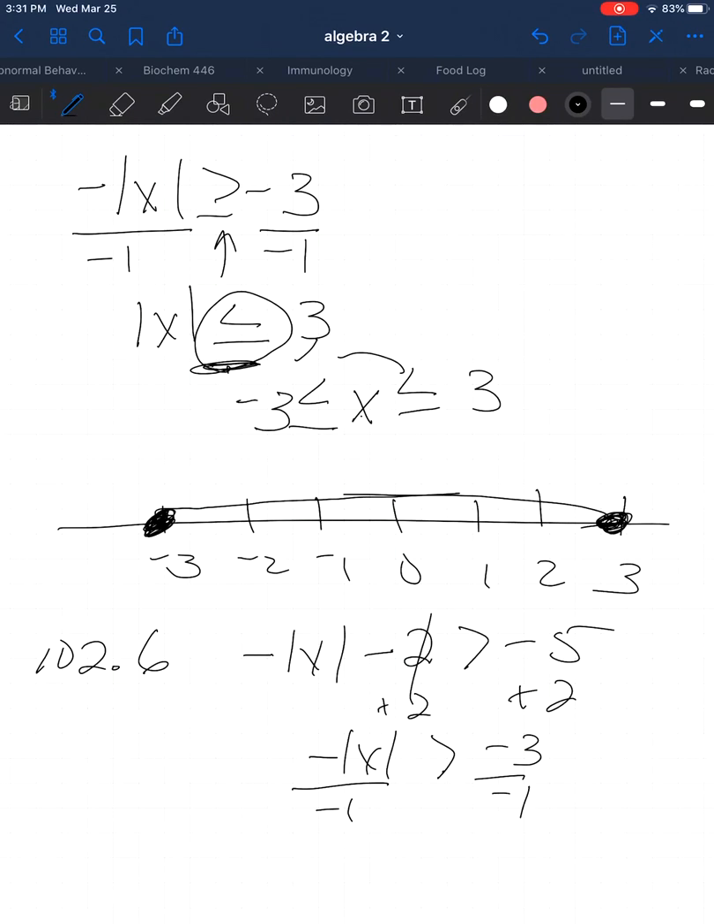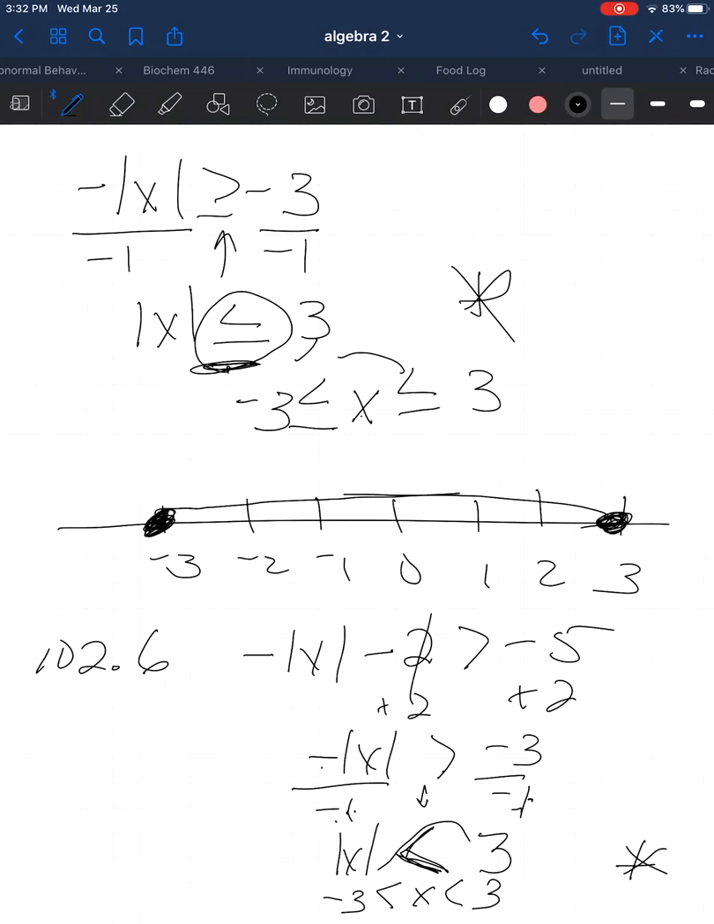Remember, that means that this guy has to switch around. Okay, the symbol has to switch when you're dividing by a negative. So negative divided by negative is a positive: absolute value of x is less than negative 3 divided by negative 1, which is 3. So the only difference in this one and this one is that it's less than 3, not less than or equal to 3. So we come over here, we can rewrite this as x less than 3, greater than, change the sign, negative 3. And draw the number line, so we've got minus 3, minus 2, minus 1, 0, 1, 2,